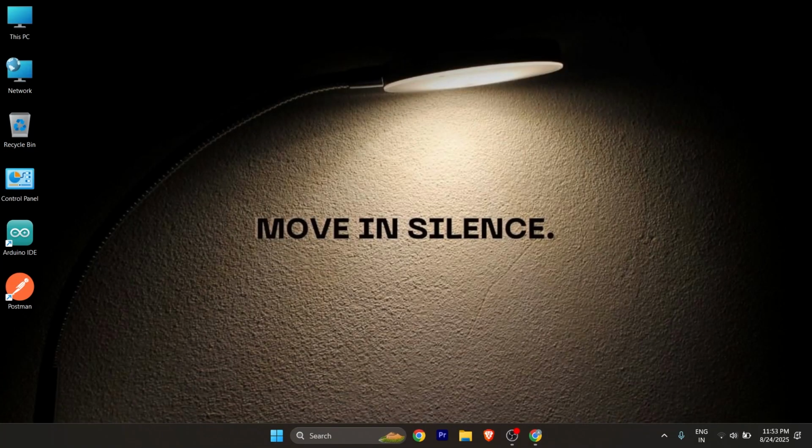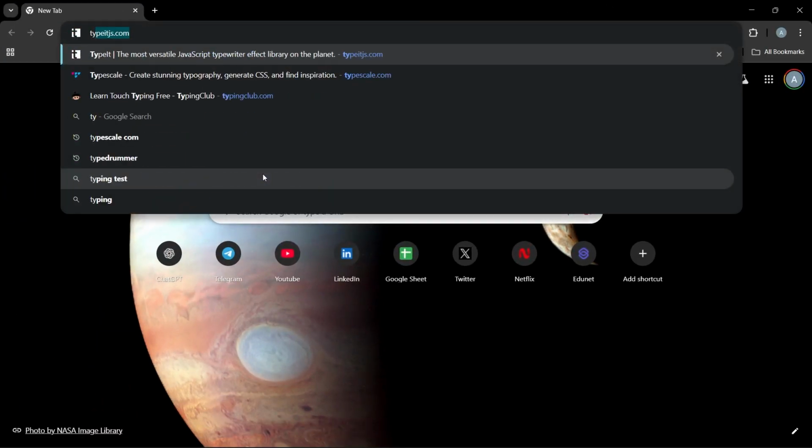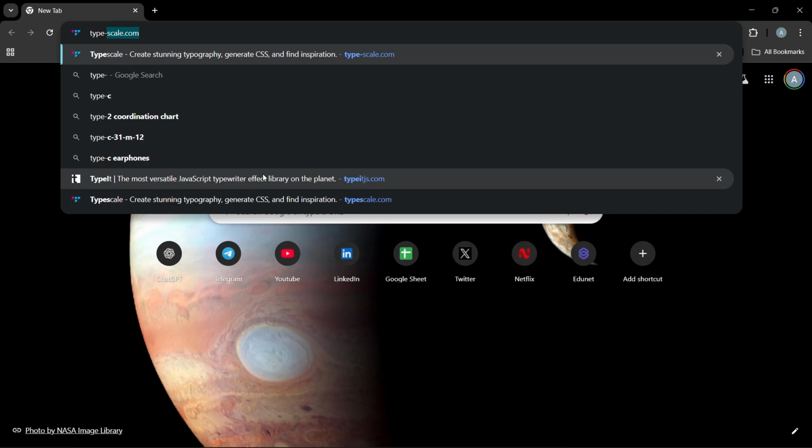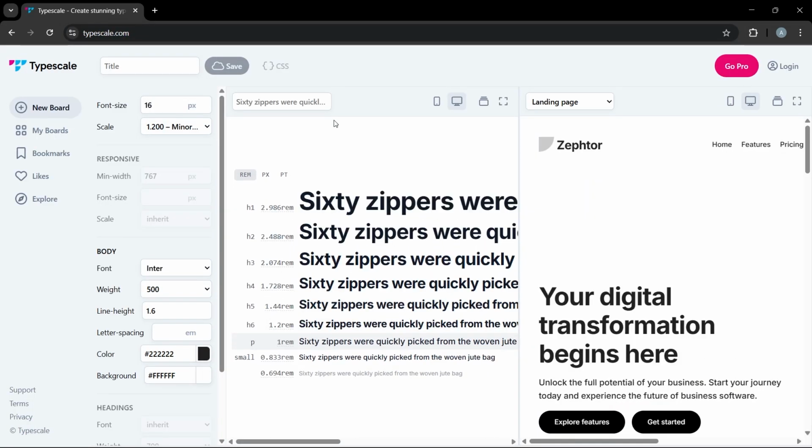In this quick tutorial, I'm going to show you how you can find the typography hierarchy of any web page. Now, in order to do it, all you need to do is simply open any of the browsers you have, and here you have to search for typescale.com. Just simply go to this website and it will generate a text hierarchy for you,